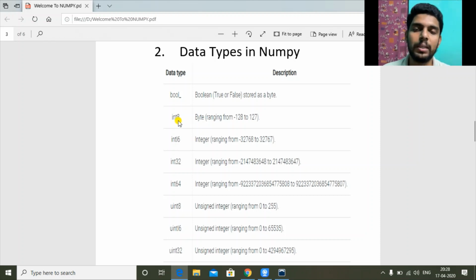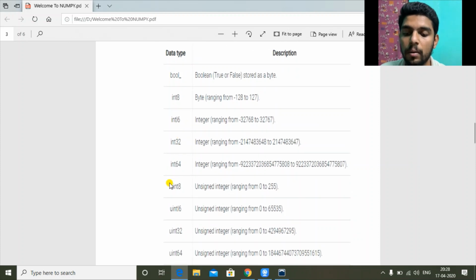So 8 stands for 8-bit of storage. So in 1 bit we can store either 0 or 1. So if it was int 1, we would have -1 and 0, two values we could store. Before we look at int, let's look at uint. U stands for unsigned int.